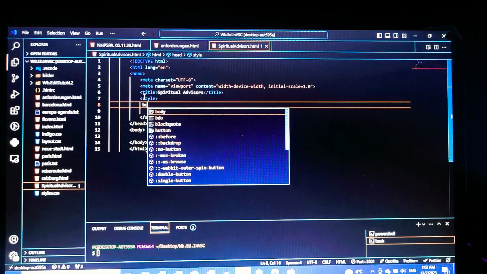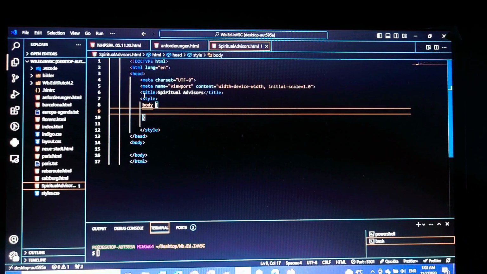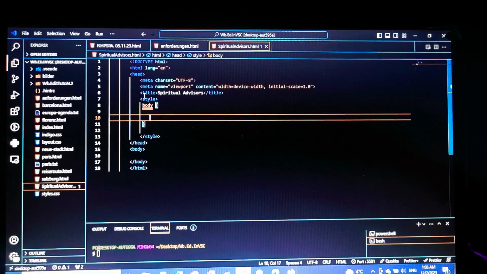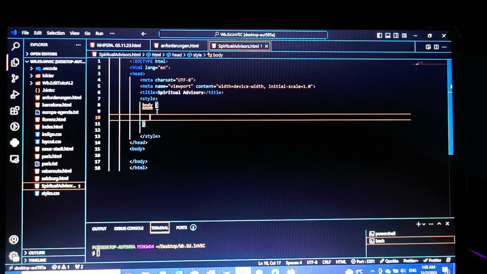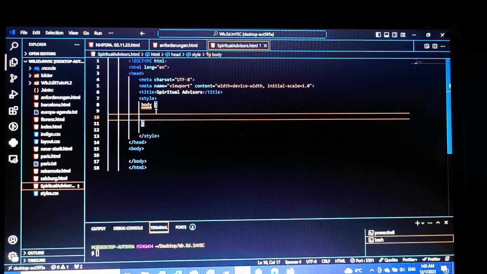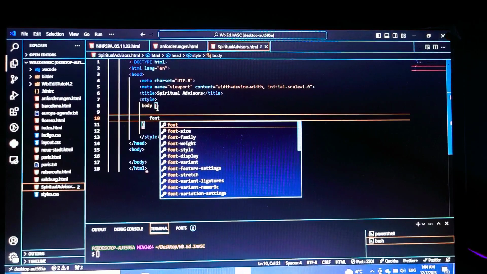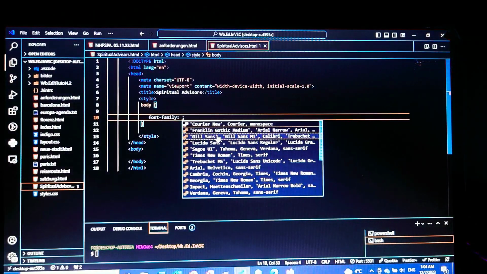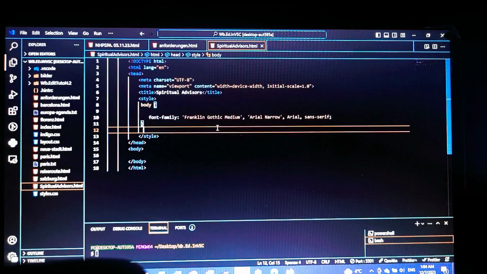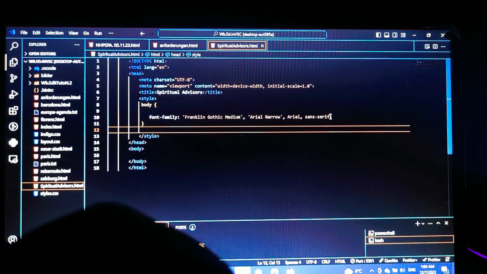We start with the body and the curly brackets. And then we have to separate. And now I want to insert a font family, margin, padding, and the background color. And of course, you can make your choice. I'm going to do the font family Franklin Gothic Medium and Arial Narrow. So we type font. And then we have here, choose the font family, yes, like this one. And as I said, the Arial Narrow, but the rest I don't want it. So I'm going to remove